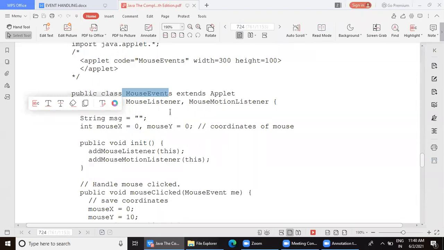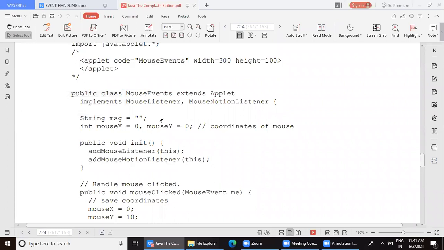Like for example, if you name your class as MouseEvent, then what will happen? We are creating a reference of MouseEvent everywhere here, ME. So that reference will actually be the object of your class instead of that predefined class. And then that getX and getY method, it will try to search in your class where it is defined, and when it does not find it, it will give an error.